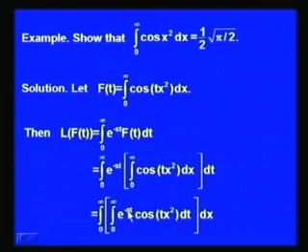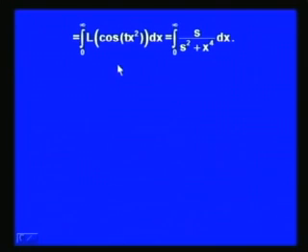Changing the order of integration here, we have integral 0 to infinity, then integral 0 to infinity e to power minus s t cos t x square dt into dx. Now, this inner integral, integral 0 to infinity e to power minus s t cos t x square dt, is nothing but Laplace transform of cos t x square. So, we get the right hand side as integral 0 to infinity Laplace transform of cos t x square